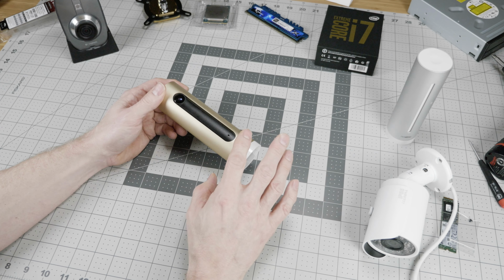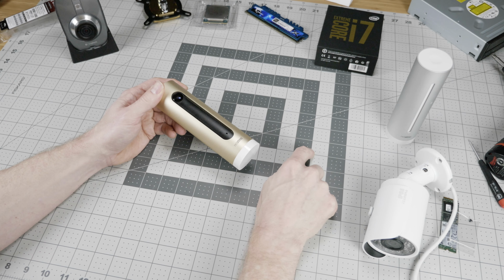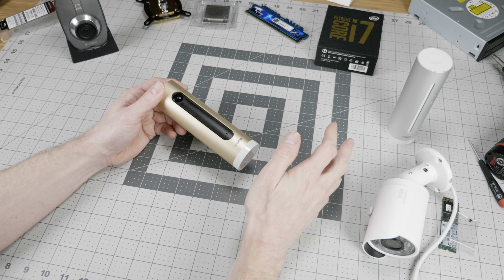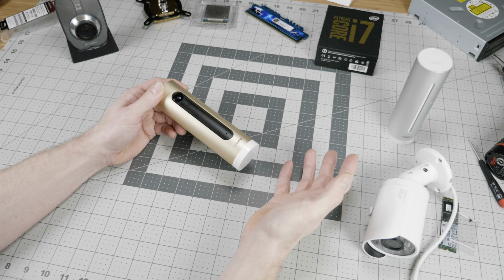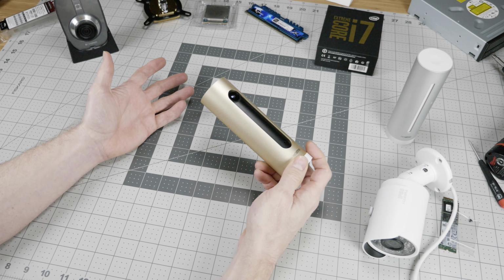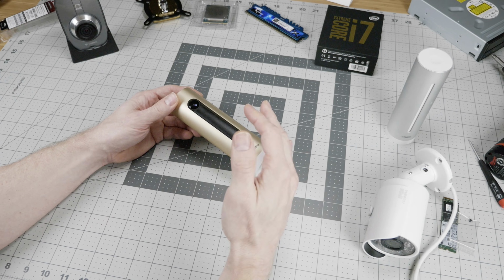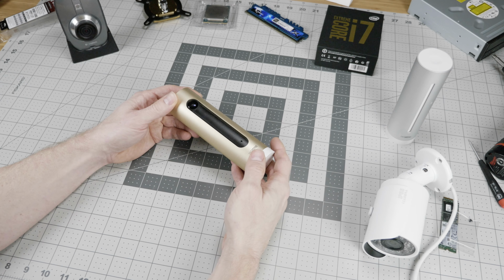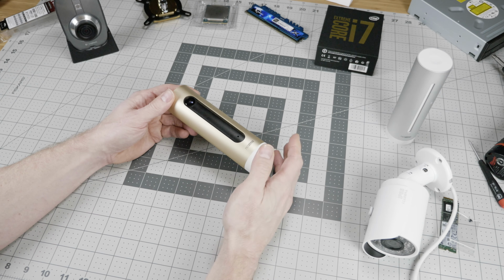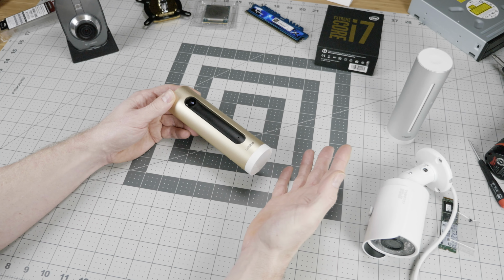You can go through the app and say, okay, this is someone's face, that is also someone's face, that is also someone's face, and add those to the database. Well, there's a limit to how much you can do that because at a certain point you're going to be saying that everything is someone's face because it comes up with just dozens and dozens of variations. And it gets annoying after a while to be putting in these different variations of the face and hoping that